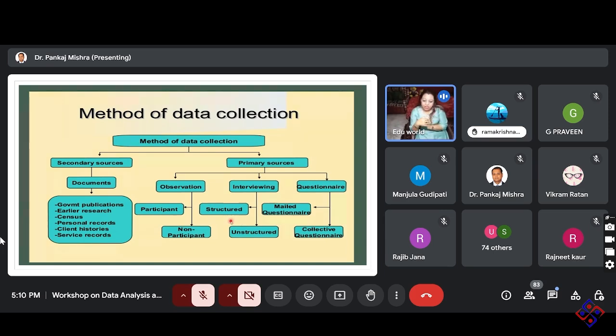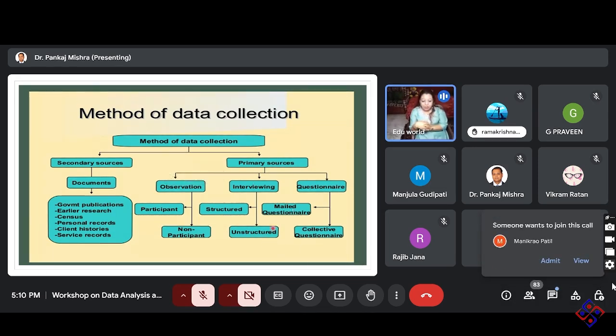And the unstructured one: when you have visited the data collection zone, and while staying there, you ask them something that came to your mind, like I must ask this question also, though it's not included in my study, but for my own interest I want to ask them. So that one is the unstructured.